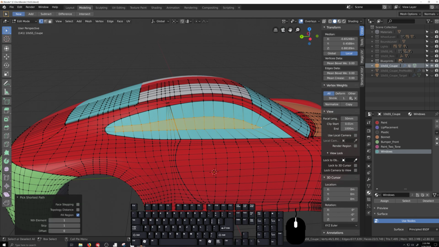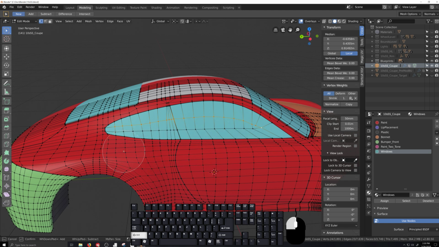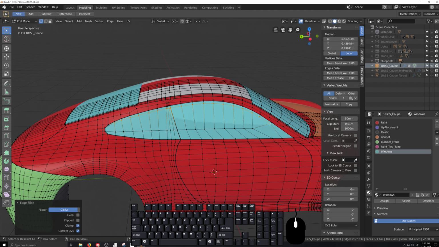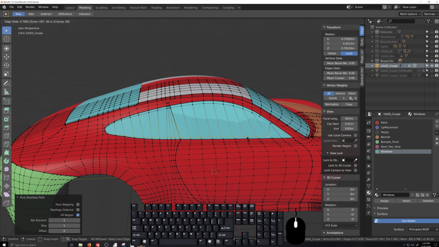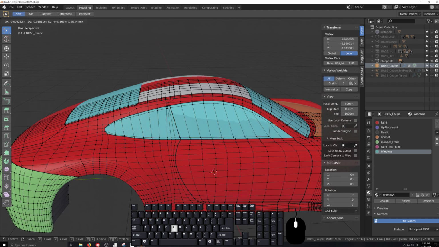I don't know if there's enough geometry, though. I mean, I probably just want to actually do more something of an inset. This is probably going to end up being weird if I try this. Oops. That's just going to be really